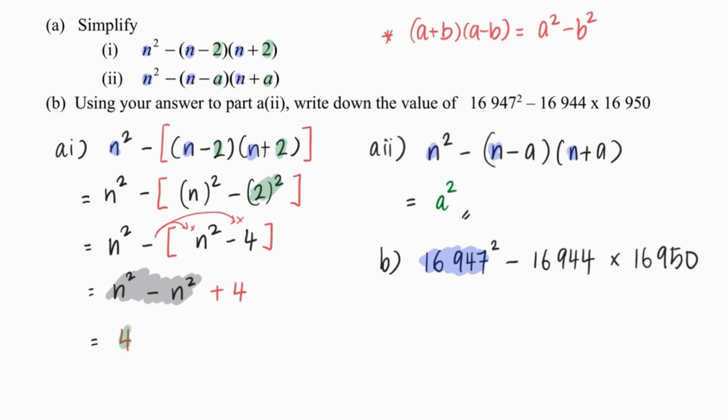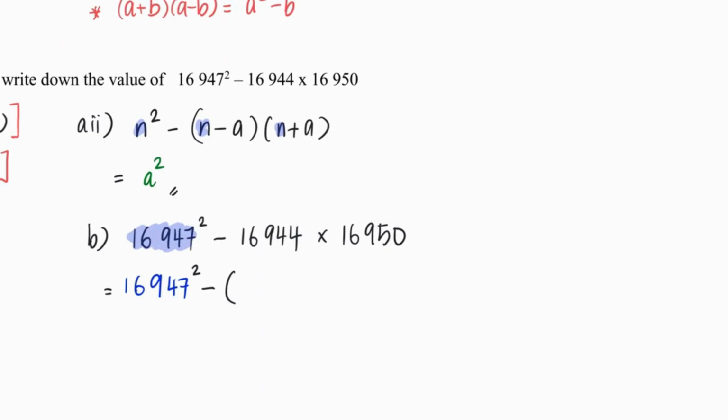Which brings me to the point where when I write this down, I then need to write it in this form. 16947 minus some number, 16947 plus that same number, and therefore this number here has to